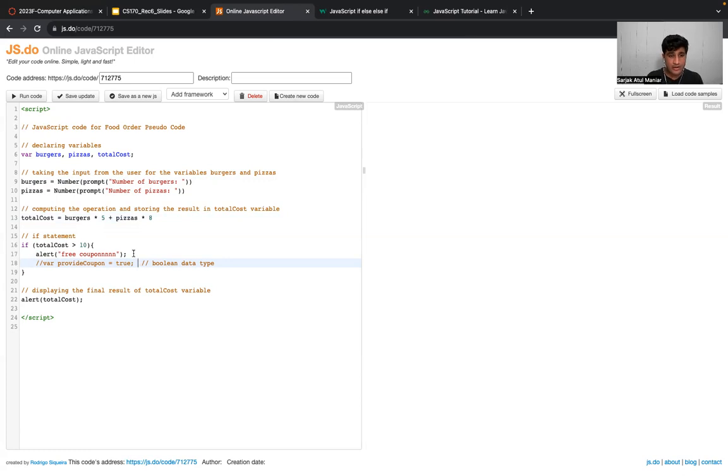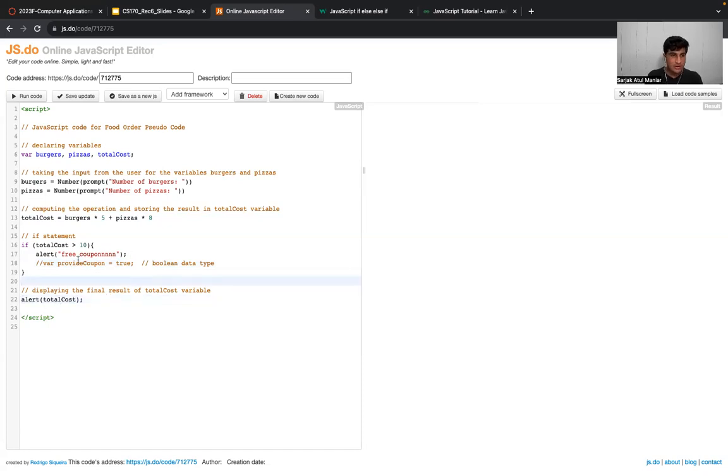Earlier, I declared a variable inside our if block called provide free coupon, and I gave it a boolean value of true, which just executes the statement, and as the value is true, right? And it will just come out of the if block,